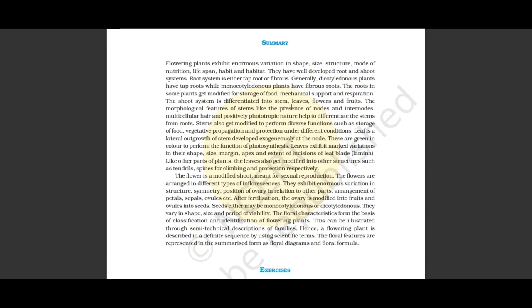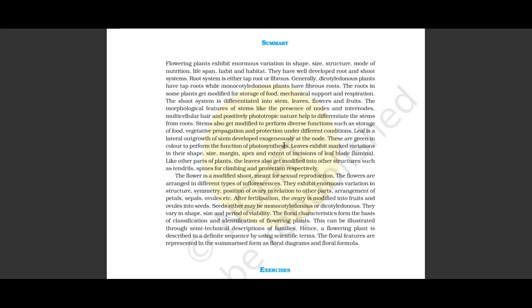The shoot system is differentiated into stem, leaves, flowers, fruit. The morphological features of stem, like the presence of nodes and internodes, multicellular hair, and positively phototropic nature, help to differentiate the stem from root. Stems also get modified to perform diverse functions such as storage of food, vegetative propagation, and protection under different conditions. Leaf is a lateral